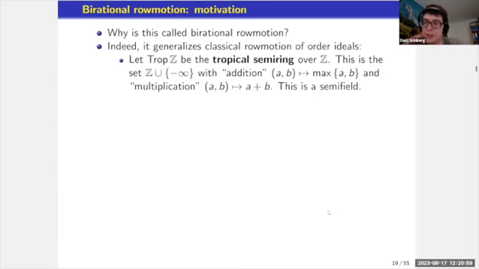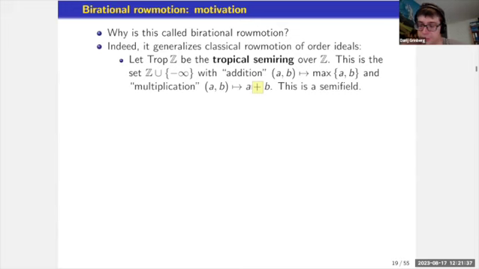So what is the connection between this birational rowmotion and good old rowmotion of order ideals? Well, in a nutshell, classical rowmotion is birational rowmotion if the ring is the so-called tropical semi-ring. Now, of course, a semi-ring is not a ring. So this is a little bit more general than what I've said. But basically, if you take the tropical semi-ring, so it's a set of all integers where instead of addition, you use maximum, and instead of multiplication, you use normal addition, then you get what is called a semi-ring or even